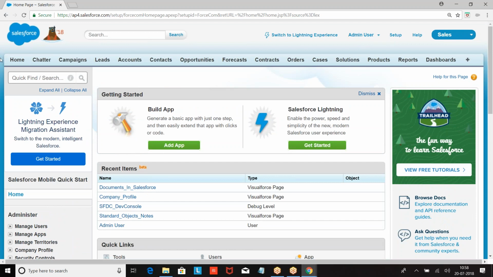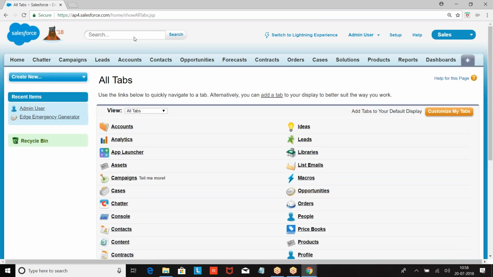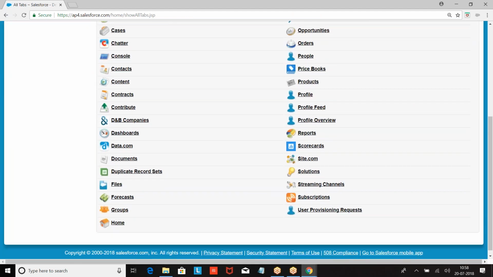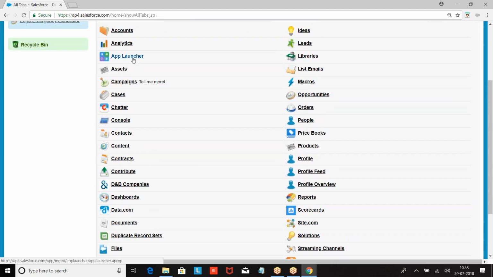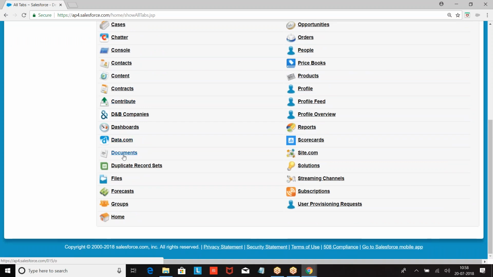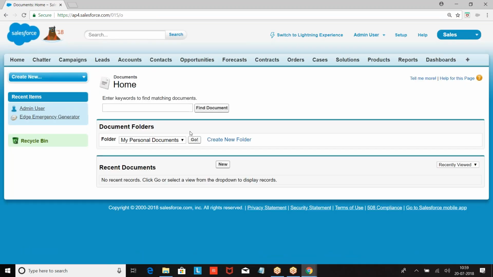We want to create a document. Setup. Now we have a list of tabs. We are finding a plus sign. Click on plus sign. When you click on plus sign, list of all the tabs will come. Click on the Documents tab.